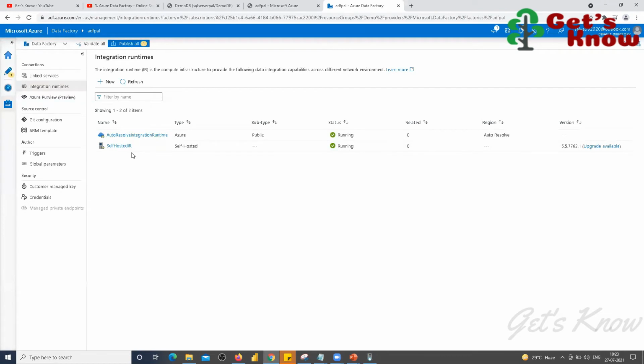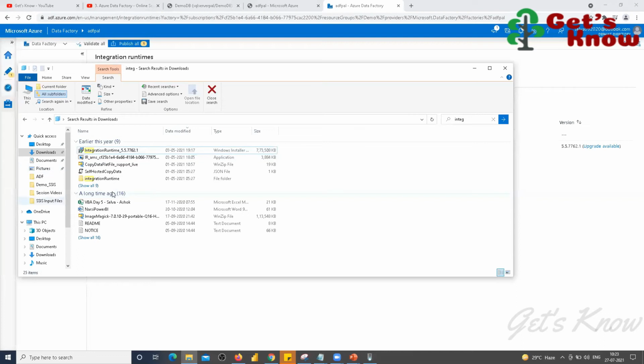In a real-time environment, if you are going to access data from intranet sources that are available in different locations, with different paths, then you can create multiple self-hosted IRs. If everything is available in the same place, as here, I have my data in my laptop only, the data is available in this path only.